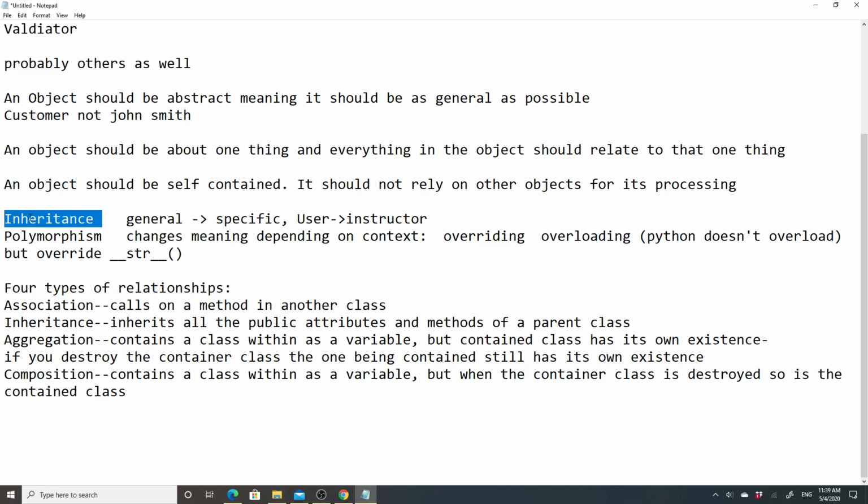Inheritance is where one class inherits from another, and it always moves from the general to the specific. For instance, you could go from a user to an instructor. An instructor is more specific than user. You could also do user to administrator, because an administrator is a specific kind of user, which is the other thing. For inheritance,